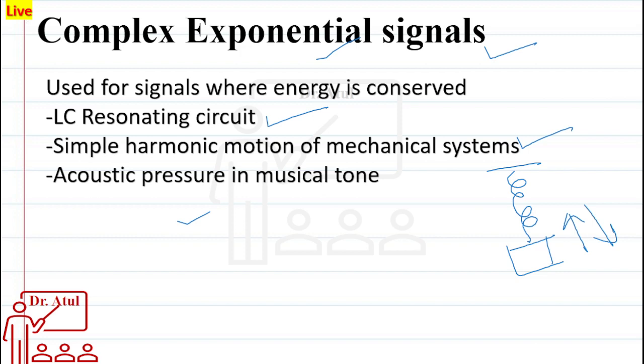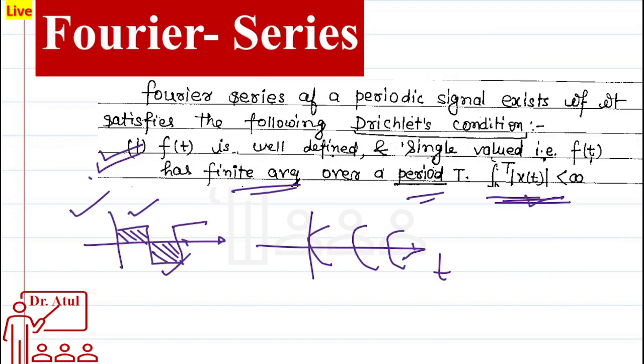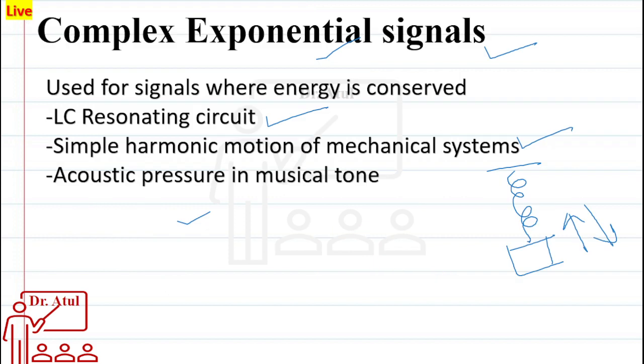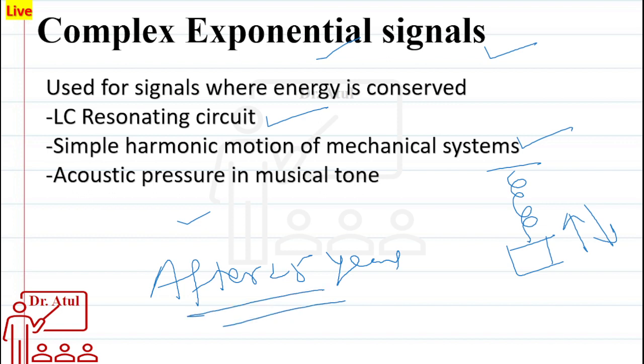Okay, the Fourier series came into the picture. But the Fourier series was not accepted by the scientists of that time. After 25 years of his work, Fourier's theories were accepted by the scientists, when Dirichlet had given